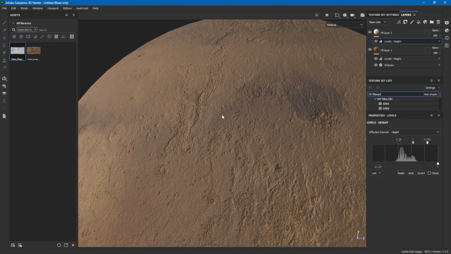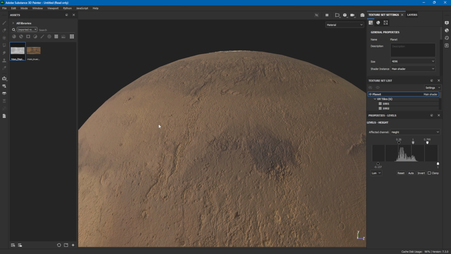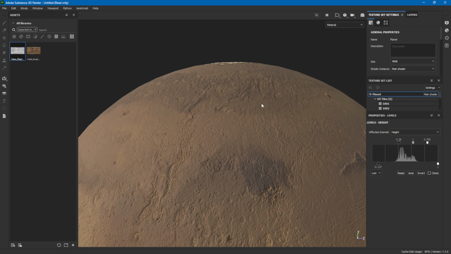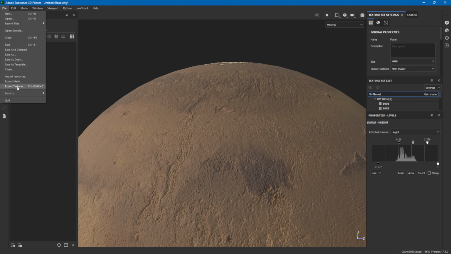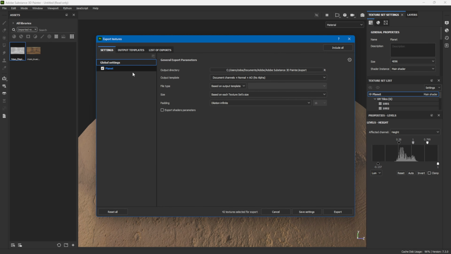Now, one thing that you can do at this point, because we are viewing this in 4K, is export this either as a 4K or as an 8K. I have the example of both of the textures just so you can see the difference there. To export this, you would go up here, export textures, and then over in here you can select, for example, which comes predefined, Unreal Engine 4 packed, then the folder where you want to save them, and then the texture